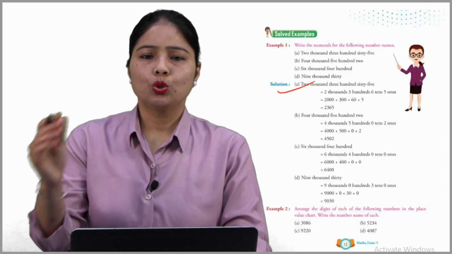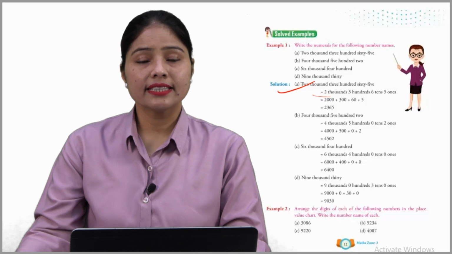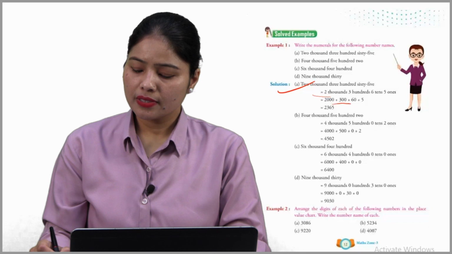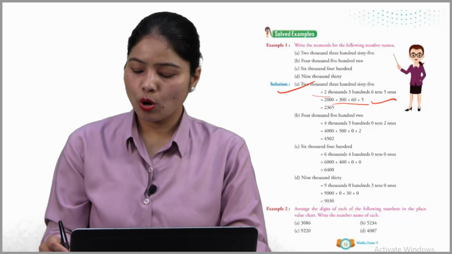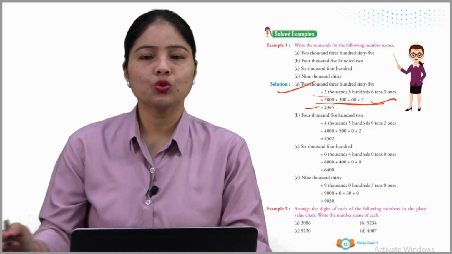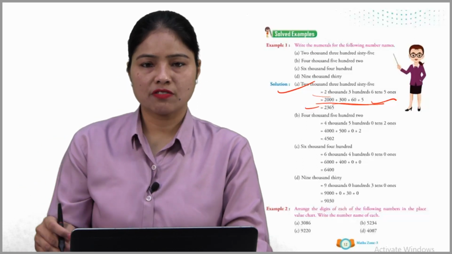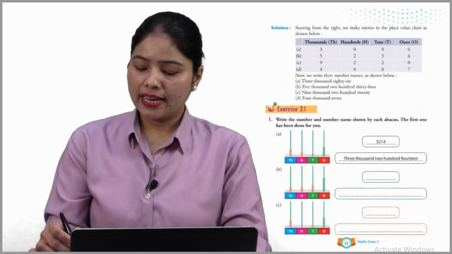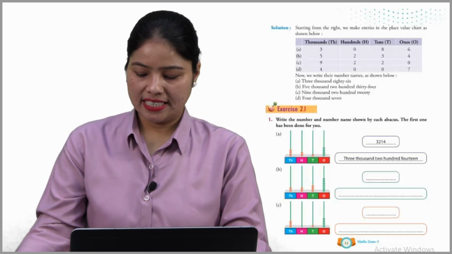हमने लिखना है 2000. So here it is 2000 plus 300, 6 tens plus 5 ones. So 2000, 300, 6 tens is converted into 60 and 5 ones is 5 like this. So if you add all, the 4 digits number, then you will get 2365. Okay. So similarly you have to solve the next one and read it out very nicely. These are the example number 2 and other examples. So I hope you understood well. So keep practicing like this.